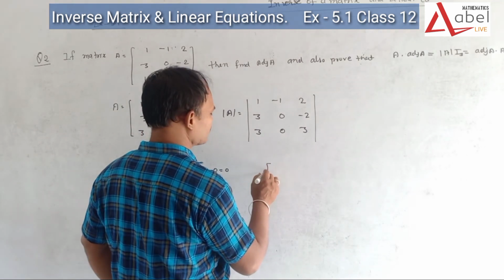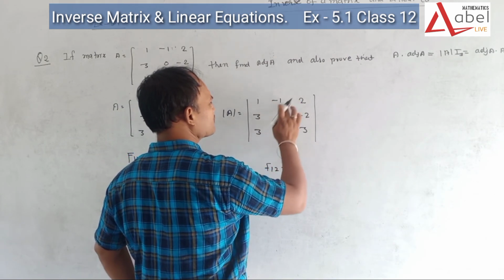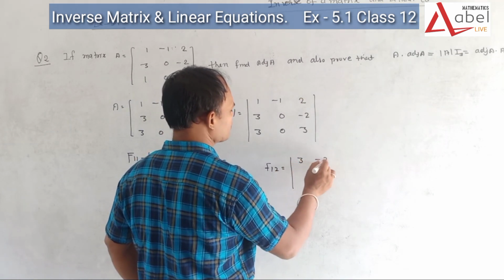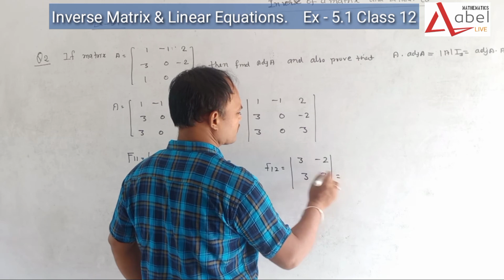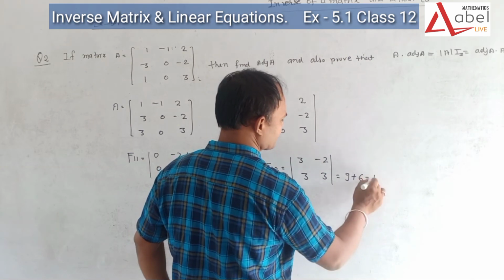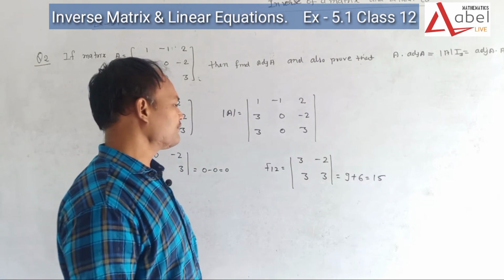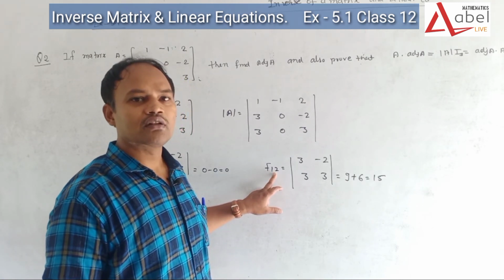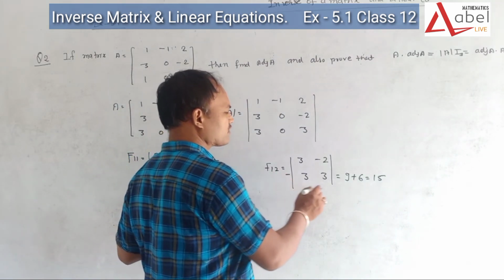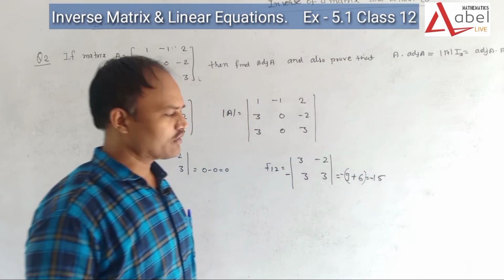Now we are going to solve F12. When we are going to find F12, we have to remember we are going to find it with respect to this, which means minus 1, so we leave this row and column, and the remaining part is [3, -2; 3, 3]. Students, what is the value? This is 9 plus 6, so it is 15. But the question arises, is the answer 15 right? No, it is not right. Why? Because it is 2 plus 1, which is an odd number, so we have to use a negative sign before it, with a bracket, and it is minus 15. Okay students?